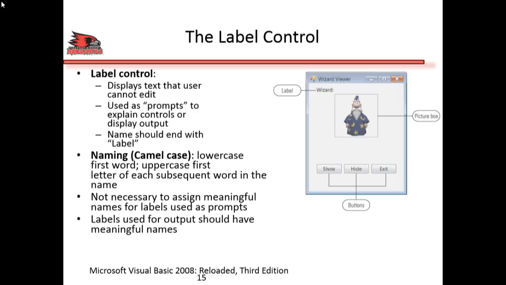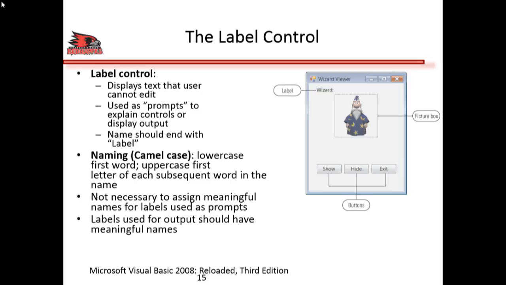The label name should end with a label. If it's for something like a prompt, where you don't have a changing label, then it generally doesn't matter because you're never going to change it nor use it in your code. But for outputs where the label is changing with the output, here the output may mean a picture or something, you should assign a certain name like